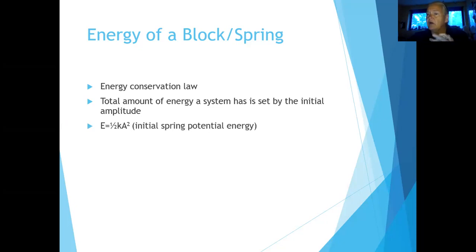So if you remember, the energy of a spring is 1/2 kx squared, where x was the displacement. So the initial energy, or the total energy, then depends on the amplitude. So I can replace x with a and get 1/2 ka squared. So that's the initial total energy, or in this case, it's also the initial spring potential energy,